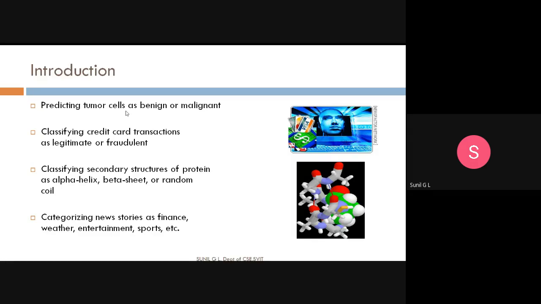We need to predict whether that cell is benign or malignant, that is, in a danger condition. Based on the X-ray or image, we will predict using a classification technique.